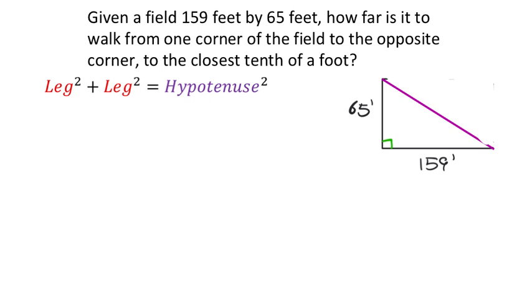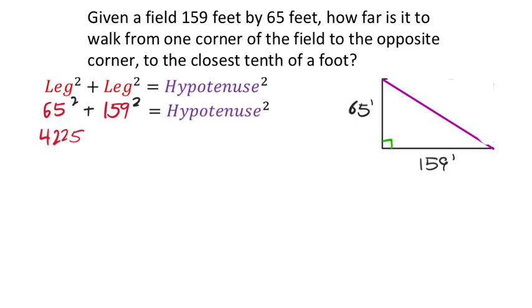So we can see that we're dealing with two legs in this case. One of them is 65 feet. The other one is 159 feet. Why isn't it 159 and 65? Because it doesn't matter. So we're going to take the squares of these and add them together, which is going to give us the hypotenuse as a square. So putting these into the calculator, looks like 65 squared was